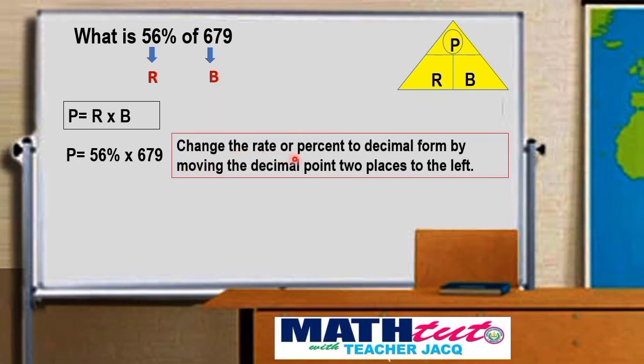Now, let us change the rate or percent to decimal form by moving the decimal point 2 places to the left. Okay, so here is the decimal point, let's move it 2 places to the left. So, 1, 2. So here we will put the decimal point. So we have 0.56. Another way of converting percent form into decimal form is to divide the 56 by 100. Why 100? Because the percent sign is equivalent to 100. So, 56 divided by 100 is equal to